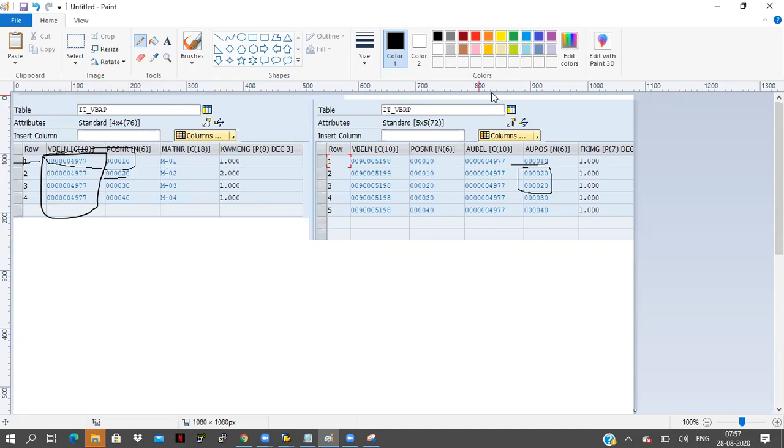So I am looping this internal table now and passing the condition. Where this AUBEL is there, the sales document number is coming. If the sales document number equals 4977 in this AUBEL, and one more condition, the item number equals 10 in AUPOS, only that record I have to loop here.